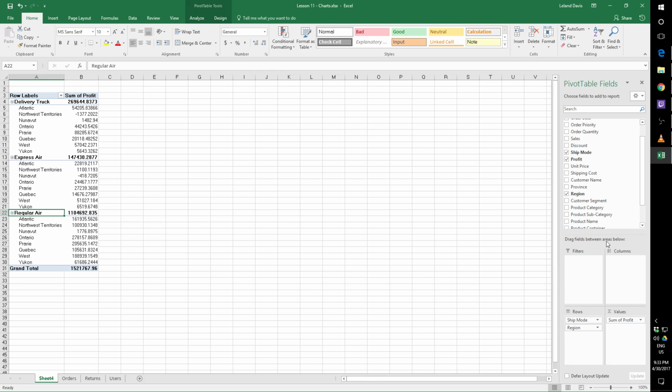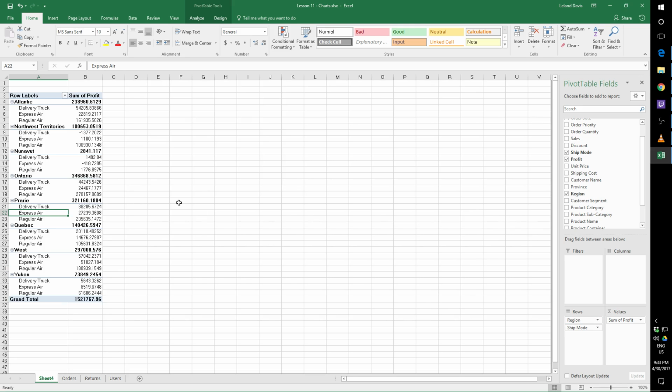Now down here we have the sorting method that the pivot table is using. So right now my rows are shipping mode and, sorry, shipping mode and region. So rows being the horizontal part. So you have our shipping mode, which is delivery truck, and then it's creating a sub row underneath each of them, which is region. Now I can actually shift the region up, and now it's going to reorganize my table